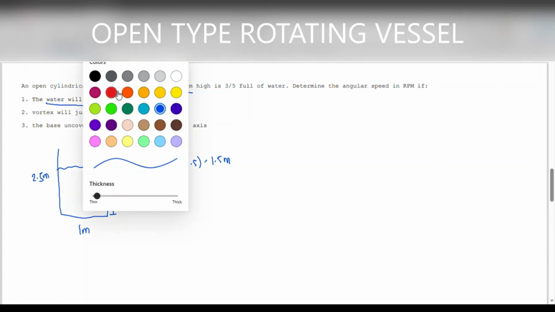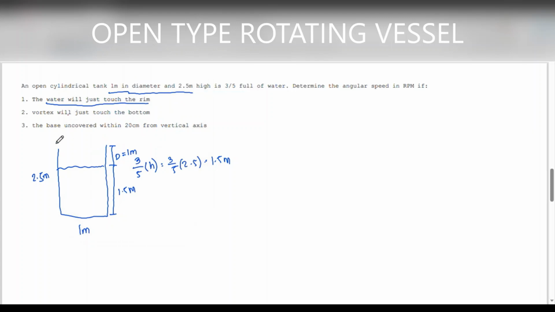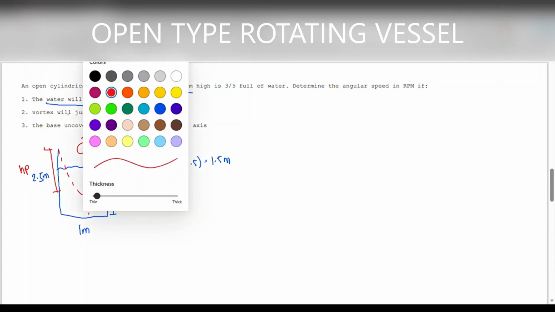So by drawing, our paraboloid will look like this. Now it is rotated on the vertical axis. So this is the height of our paraboloid. Now that HP is actually